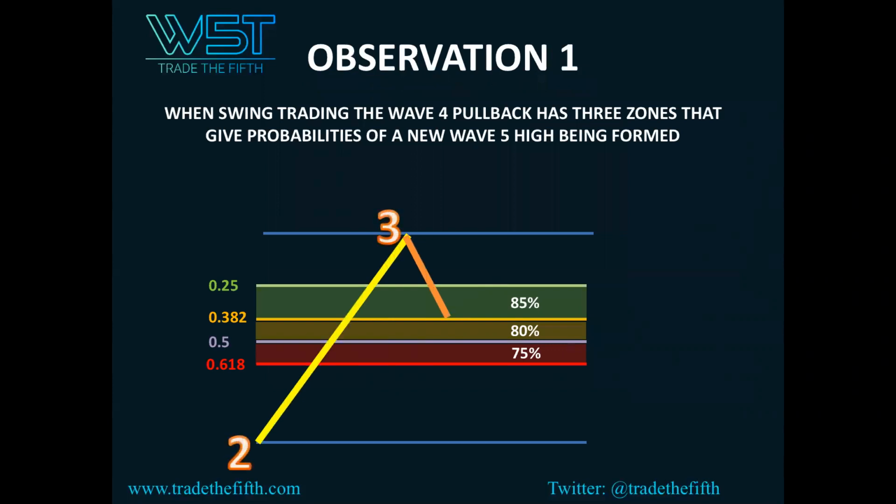So we get that wave 4 pullback between 0.25 and 0.382. If it finds support there, there's an 85% probability it's going to go on and make that new wave 5 high. Because it's a very shallow pullback, but it's measured enough for people to think, you know what, there's some good value there, let's go. Yeah? Just to explain,